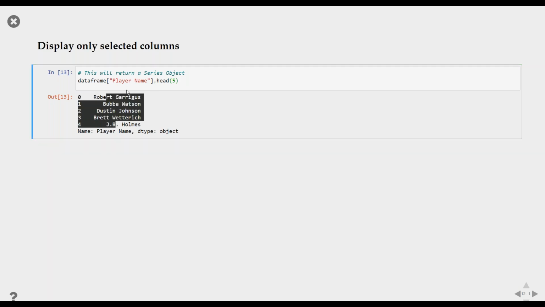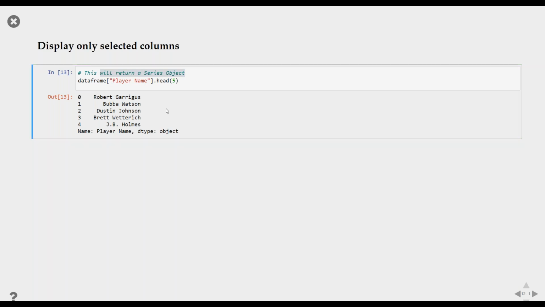and when you run this, it returns only the column of player names, player name. And just for simplicity of size on my screen, I've limited it to the first 5. Now to take note, this returns an object called a series object, no longer a data frame. I showed you earlier how, because I can call my variables and my objects directly in Python to screen, a data frame gets returned into a table or a pivot sort of format,